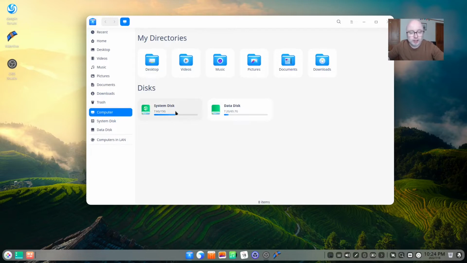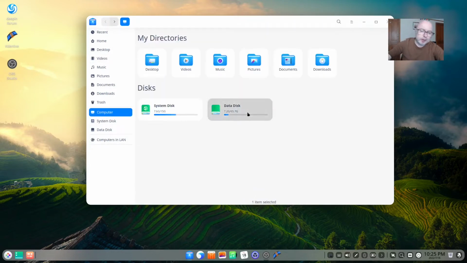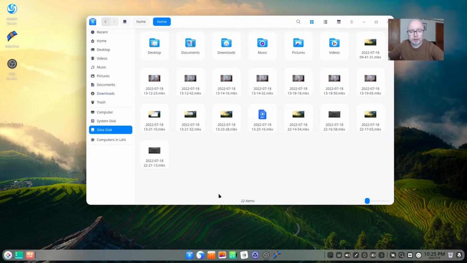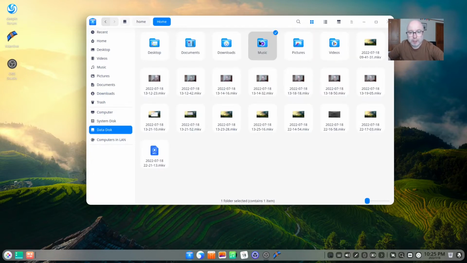And as you can see here, it has this partition called System Disk, and within here you will find the default Linux system that you would expect to see. Things like etc, home, lib, lib32, lib64, etc. are all in here. sbin, srv, sys, var, they are all there. Then you get data disk, and data disk seems to be the area where your data gets stored. And also here you have your shortcuts to things like documents and downloads and music, etc, etc. Whilst we're